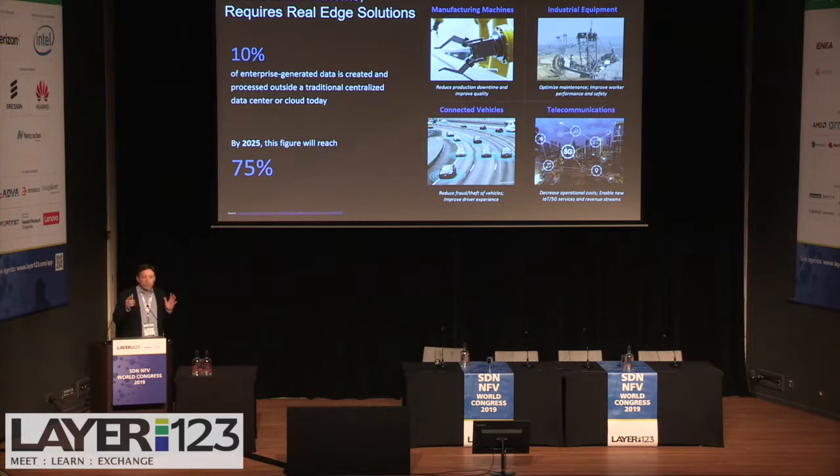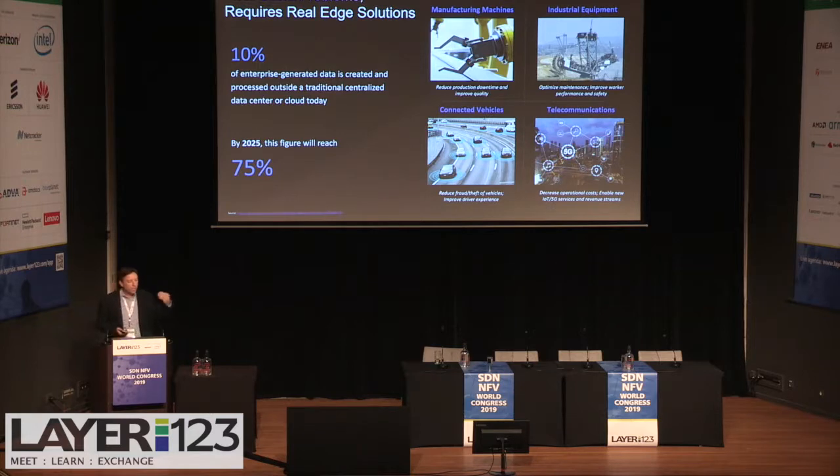Real client problems require real edge solutions. So we look at some of the different industries that are affected by edge computing. Industrial equipment, for example. Think of oil rigs, think of mining companies, things like that. A lot of the time, these guys are disconnected from the network. So we need to be able to make those decisions, those inference of data, close to where that data is being collected. So in a mining company, if they lose connectivity to the outside world, we still need to be able to